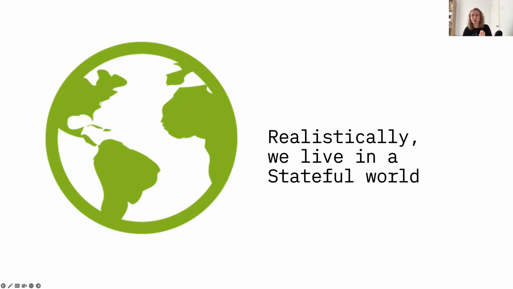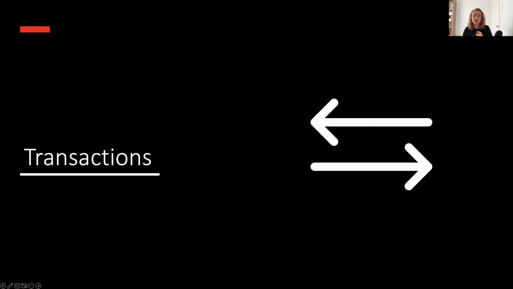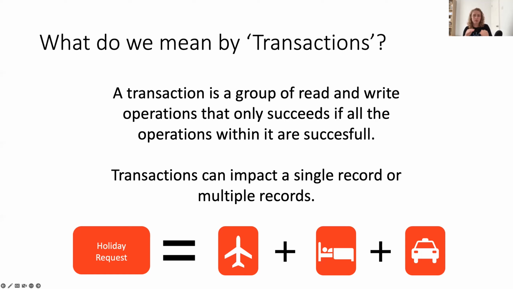So how can we then store state locally when we are looking at particular operations or processes that might involve multiple microservices or multiple components within my application? And traditionally, we turn to something like transactions. Now, what do I mean by transactions? I'm just going to give a brief definition here just to make sure we're all on the same page.